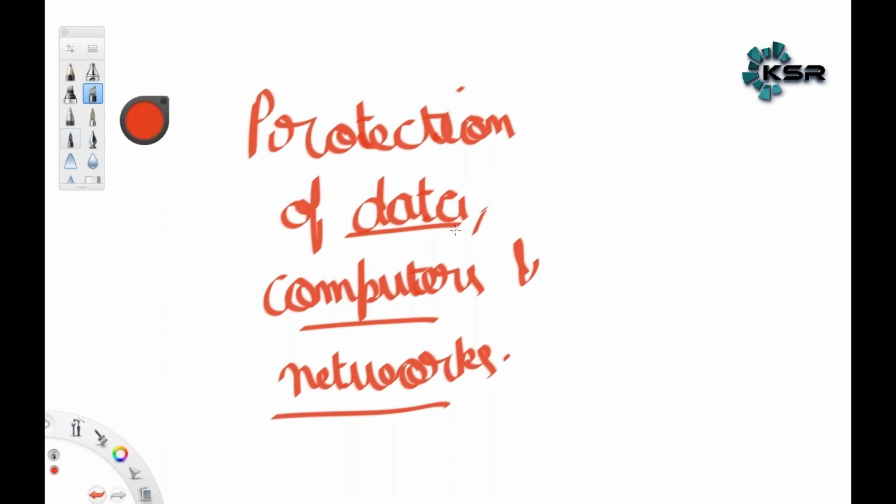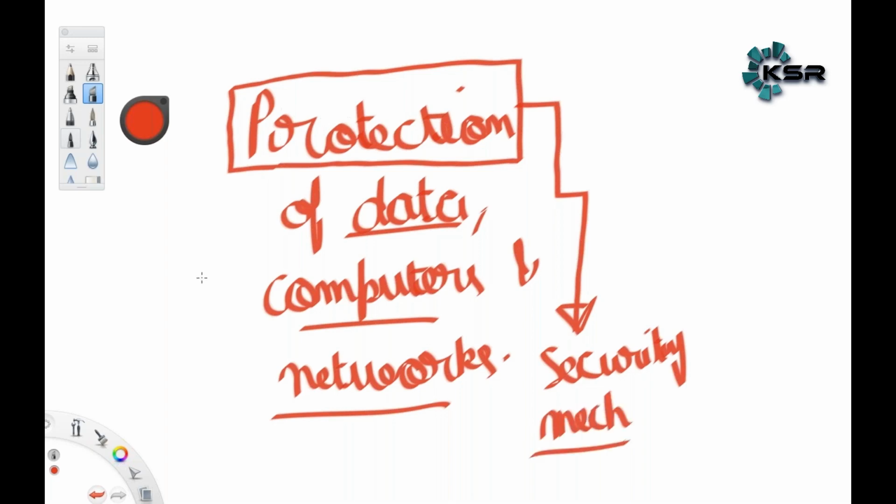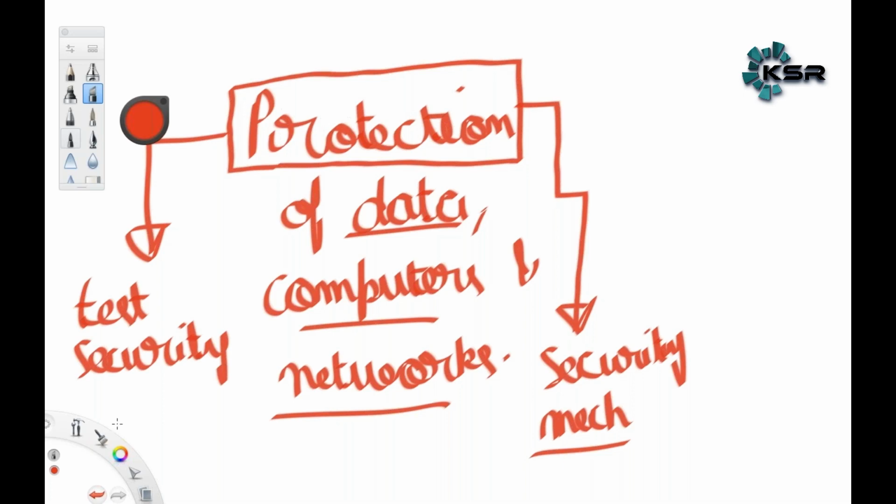Now, there are a variety of ways through which you can protect these three. You can protect them by ensuring that the security mechanisms are strong, or the other way is to test these security mechanisms by attacking them.